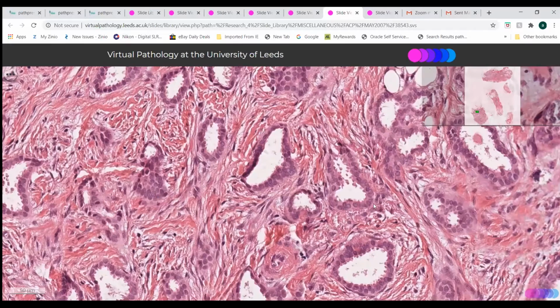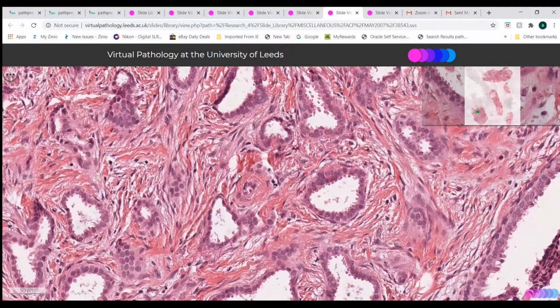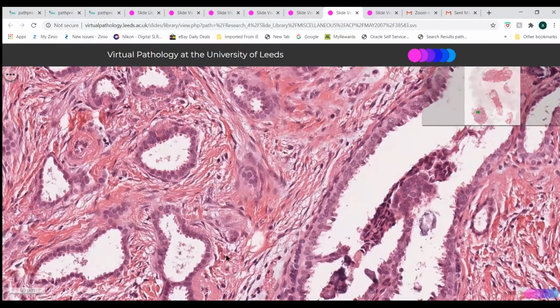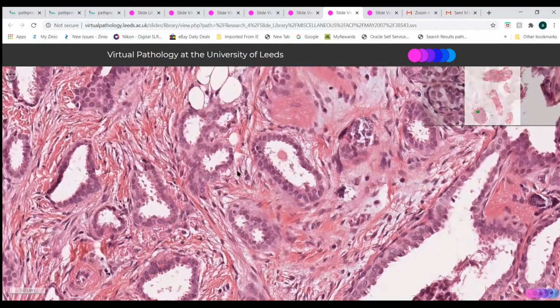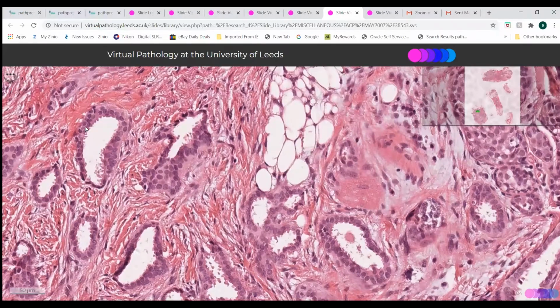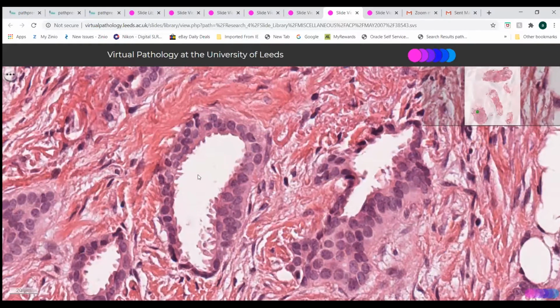You can see the struggle here now to identify that there are definite myoepithelial cells. The problem is, of course, if you start imagining some fibroblasts or you start to get a little bit of desmoplastic stroma, you might start imagining a lot of myoepithelial cells in a field like this. But here, for example, if I go into these ducts and put it in the middle, and I just highlight here,